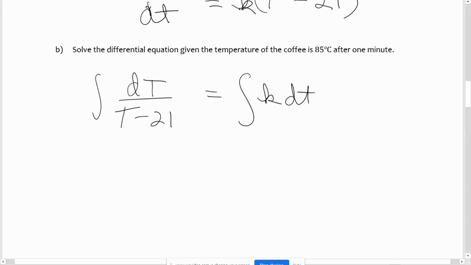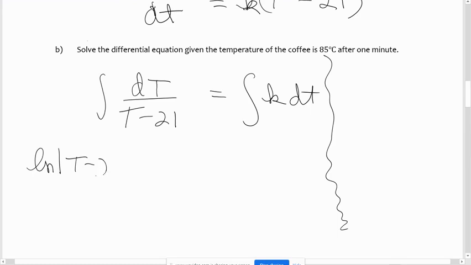And we're going to do the, oh shoot, we're going to need room on both sides here. Oh, write smaller. So erase that if you need to, because we're going to need lots of room, more than on the last problem. Okay, so we're going to do the antiderivative of the left side, and that's going to be the natural log of the absolute value of T minus 21,